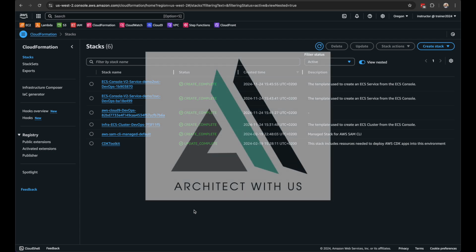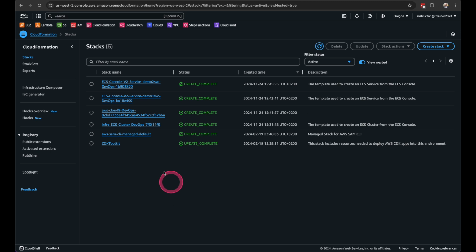This is the AWS CloudFormation console where we now create the stacks. Each of these are stacks, and those stacks contain many different resources. There must be one or more resources to call it a stack. So for me to create a new CloudFormation stack, I just need to say create new, and then I